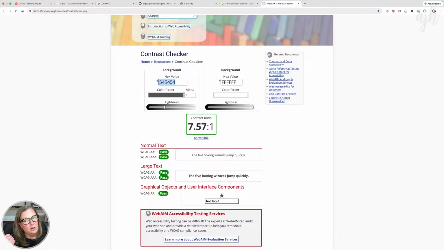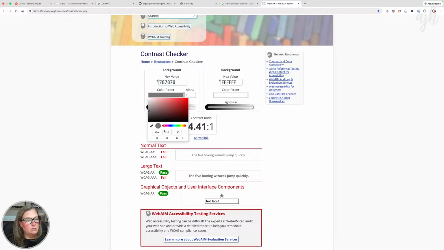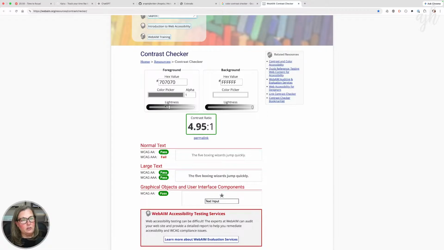Yeah, so 0 is lighter. So I'm going in the wrong direction. So 6, 8, 6, 8, 6, 8. There we go. Now we're going in the right direction. Okay, that fails. See, it's not really that dynamic. That works. Okay, let's try that.